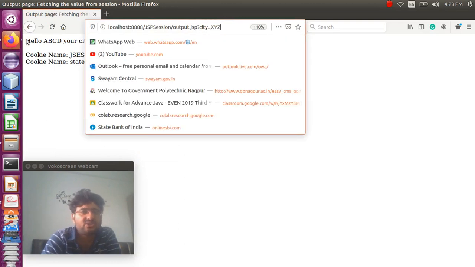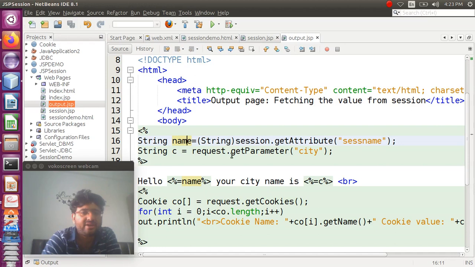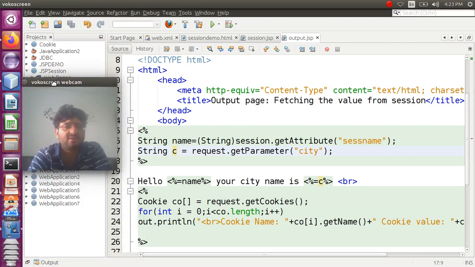So this value also I have to read. So I am storing it in string variable C. So request.getParameter city gives me the value of the particular parameter, that is city, and I am storing it in the variable C.